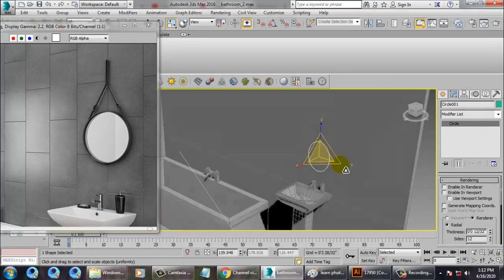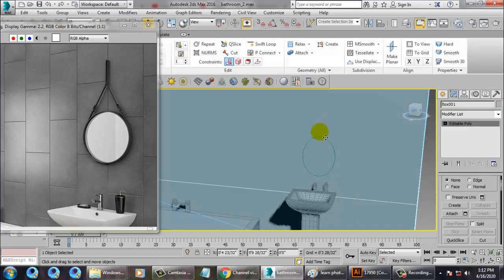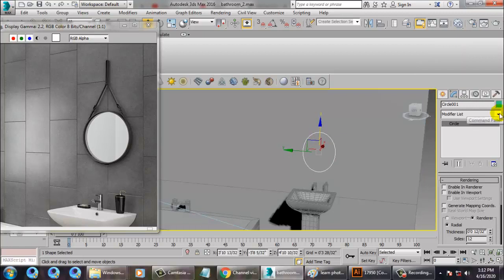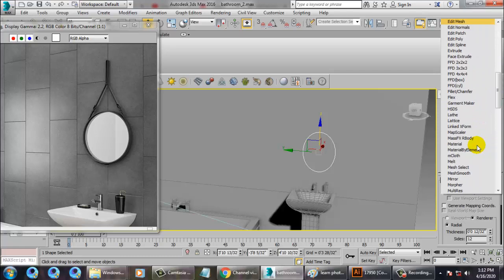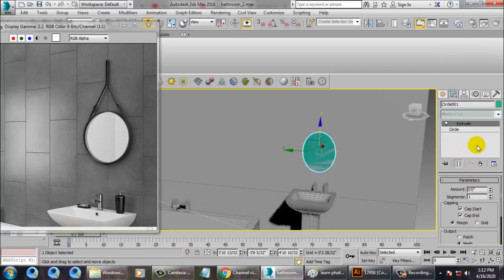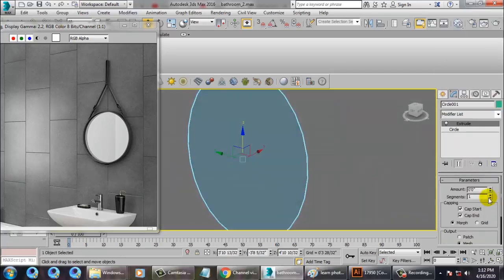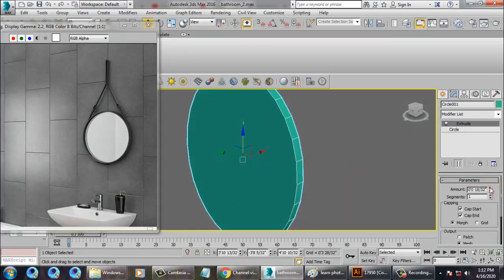So you can just scale it. If you want to make it look bigger, you can just go into this and give an extrude modifier. So we have a modifier, that's your extrude over here, and increase the amount of the modifier over here.